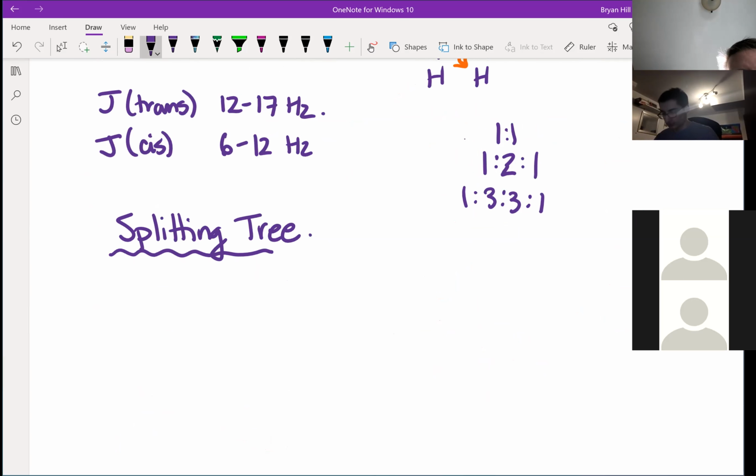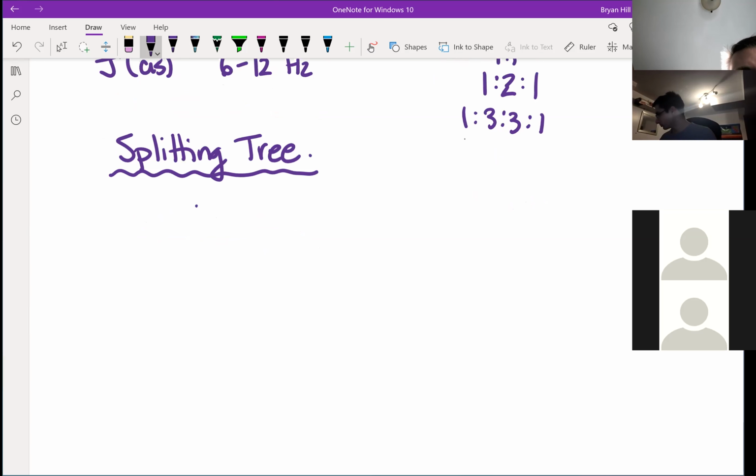And what we'll see is that splitting trees, Pascal's triangle actually is a splitting tree, but because the coupling constants are the same, it comes out as really simple doublets, triplets, quartets, and that sort of thing. So if your proton HB,